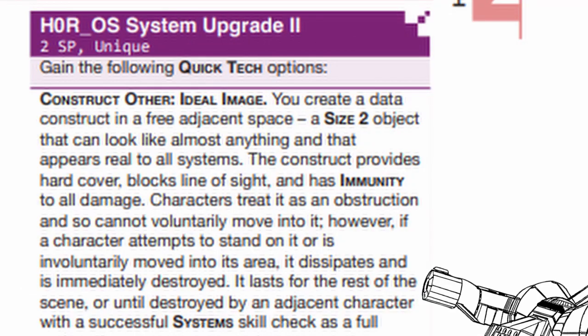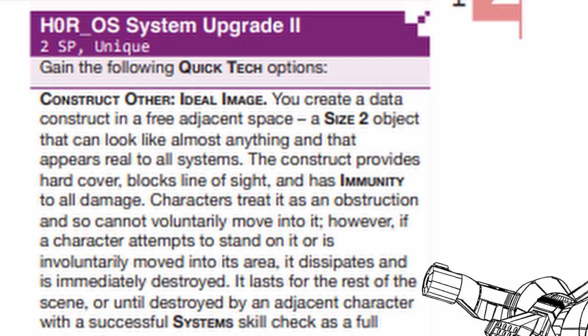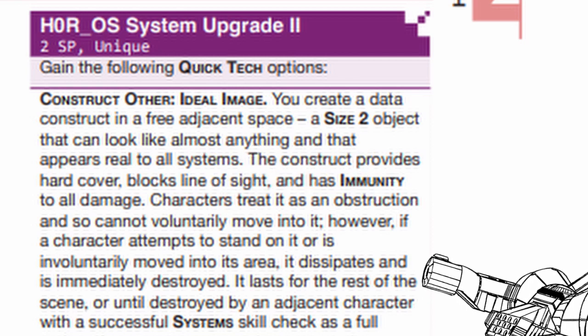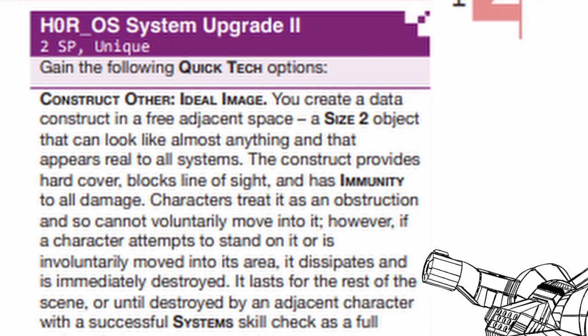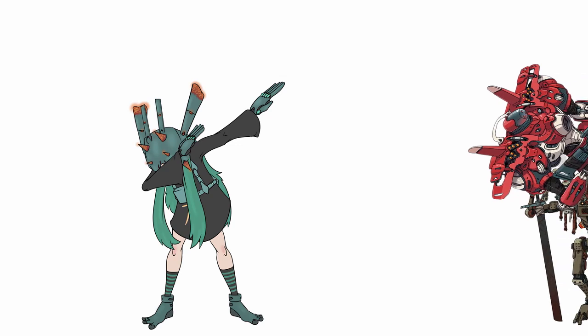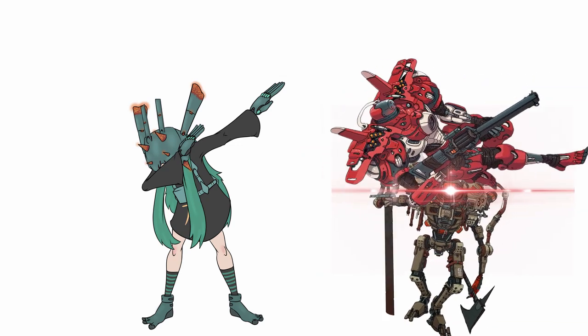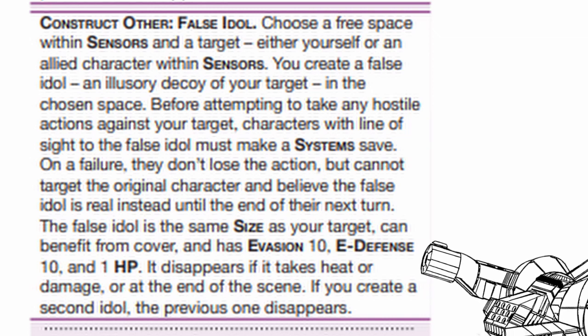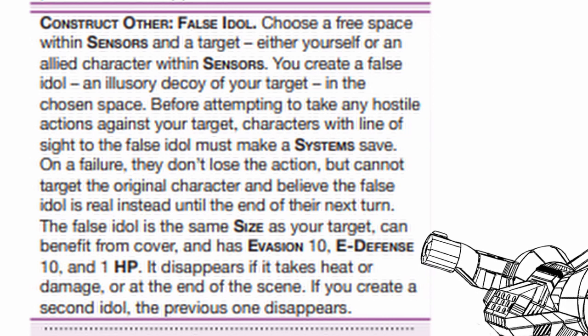In Horus Upgrade 2, Construct Eidolon is renamed as Construct Other, Ideal Image, and now creates a hologram that is size 2 instead of 3, blocks line of sight, and provides hard cover for everyone. It also dissipates when someone tries to stand on it or gets involuntarily moved into it. Construct False Idol is renamed as Construct Other, False Idol, and the False Idol now has 1 HP but 10